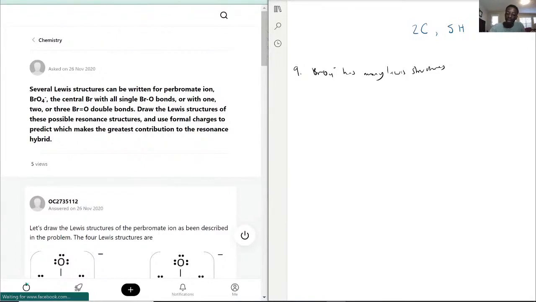So with that being said, I'm just going to say draw Lewis structures and then use formal charges to see which is most stable. The reason why I say it like this is because